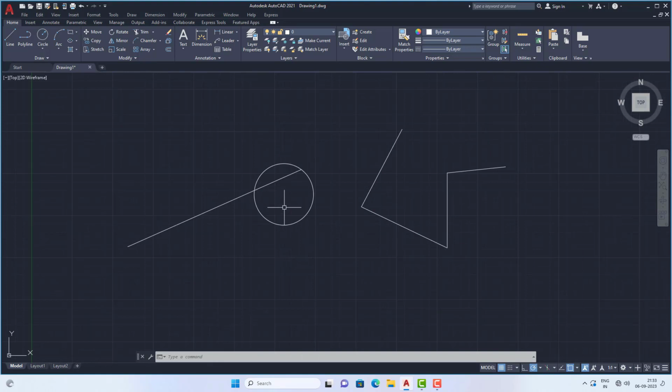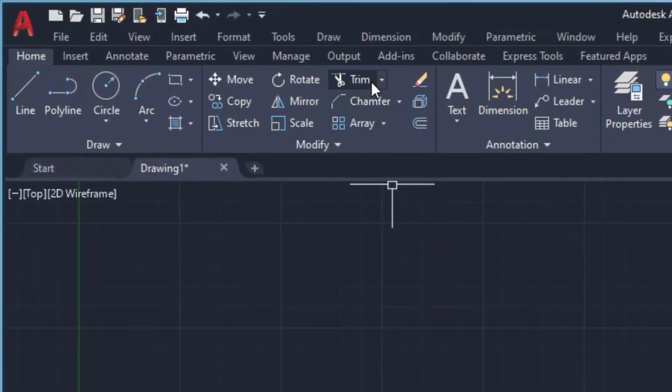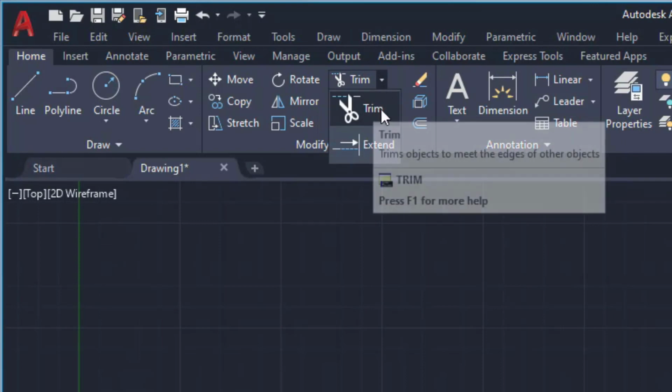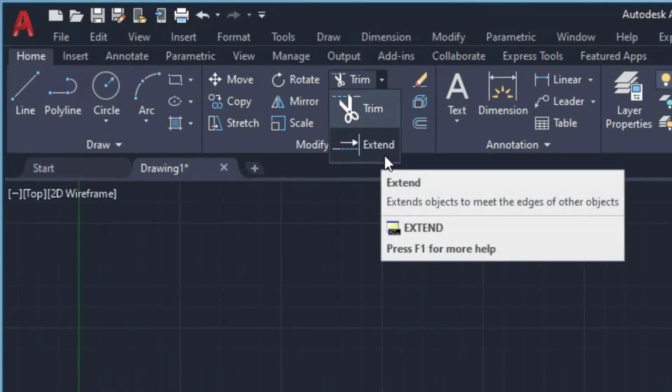And you can also find these options in the ribbon area. If you click on this trim drop down, there are trim option and there is an extend option. Both options will be used. You can use any option.